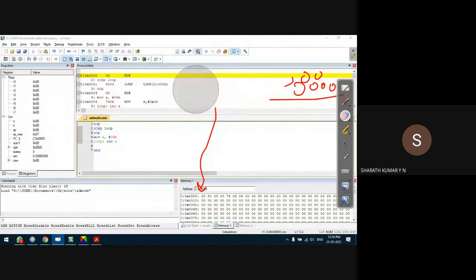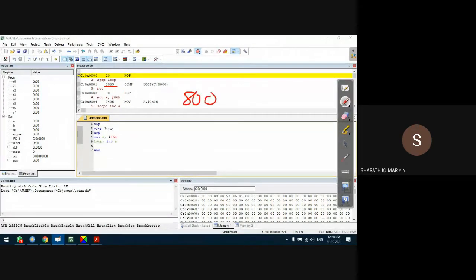So in the next location the instruction SJMP is stored. SJMP instruction is loaded as 8003. From where does this 03 come? How to calculate the target address, we'll discuss later. Let us not go into that now. So 8003 is loaded as 80 in the first location, that is 0001, and 03 is loaded in the next location, that is 0002.